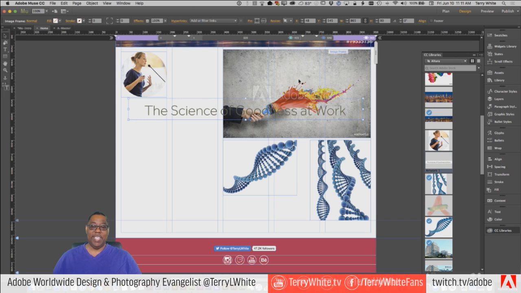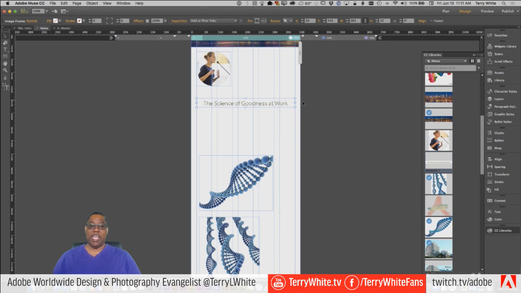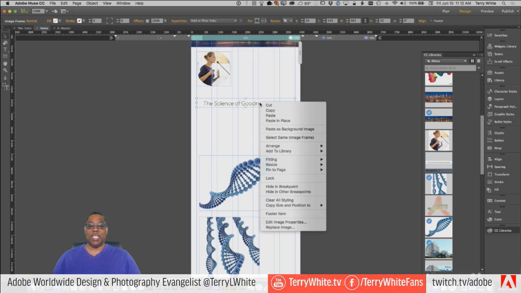Yes, it did get added here, and then I have to move it around and scale it and do all those things. I don't need it on those other breakpoints. I only need it here on down. So to have it not be on the other breakpoints, what we're going to do is we're going to say